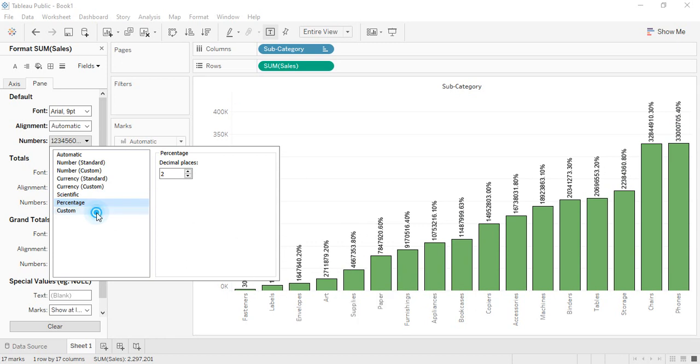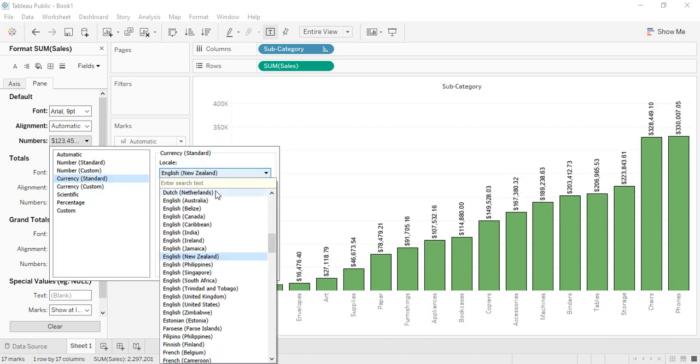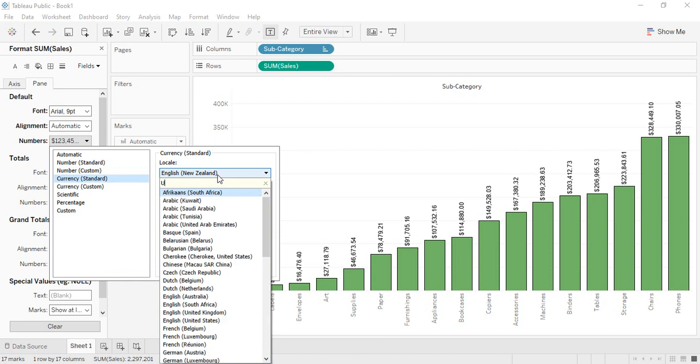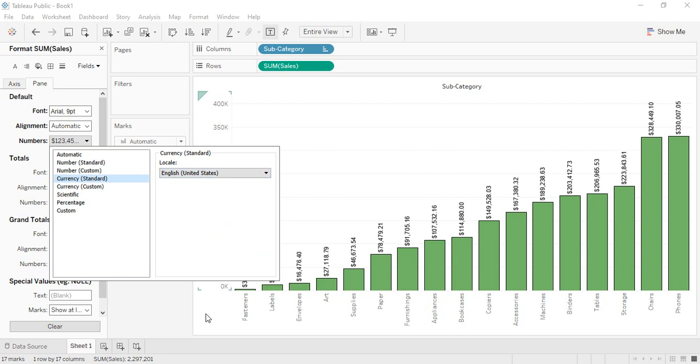If you want the percentage, it is shown like this. Then any of the custom values, if you want, you can just go with it. What I'm going to go with is the standard currency, but of the USA. So United States is what I need to search. Yeah, here it is, English United States.